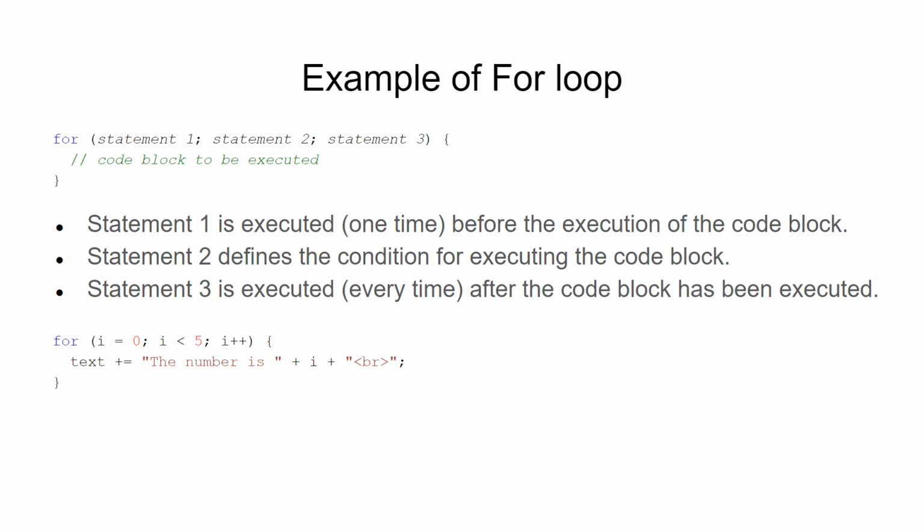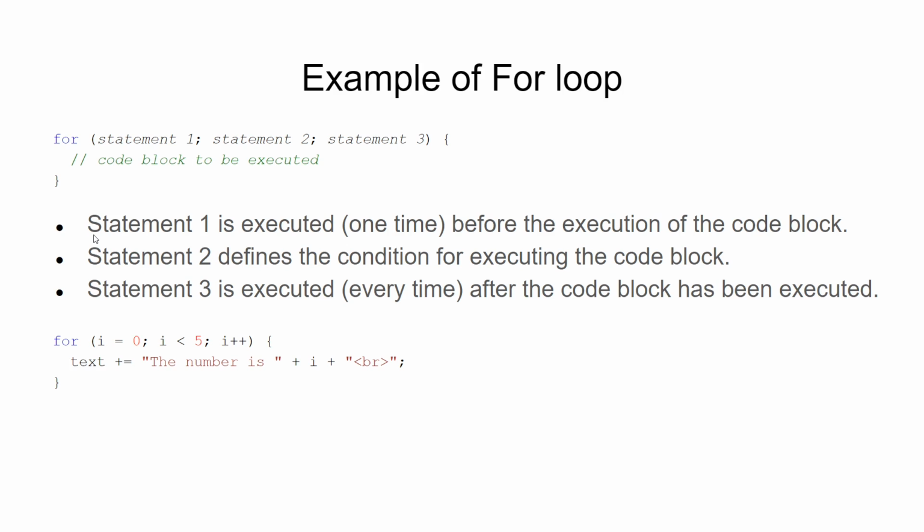A loop is basically a programming concept where you execute a certain piece of code over and over again until a certain condition is met. So here, for example, in the for loop, we want to execute this piece of code several times over. And these statements help us in determining how many times to execute and what to do in each of the times. Now, all of this will be clear once you look at the examples.